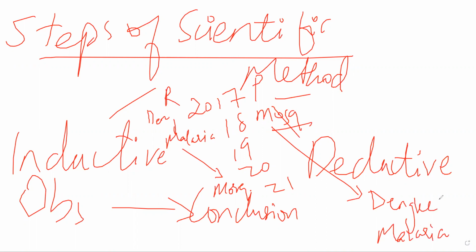In inductive reasoning, what are you doing? You are going from observation to conclusion. In deductive reasoning, you are going from the conclusion to your observation. Okay? Essentially both of them are related, but it depends on how you are looking at it. Or to put it in a simpler way, inductive reasoning aims at developing a theory. Through inductive reasoning, you are trying to develop a theory. You are seeing something and developing a theory. Deductive reasoning will try to test that theory. Okay? You try to test whether that theory is correct or not through deductive reasoning. I hope this makes clear the difference between inductive and deductive reasoning.